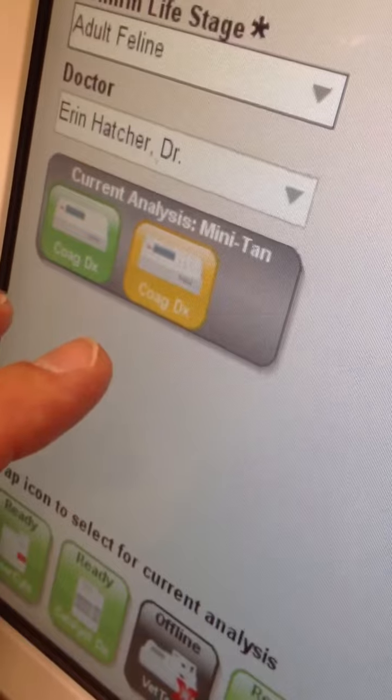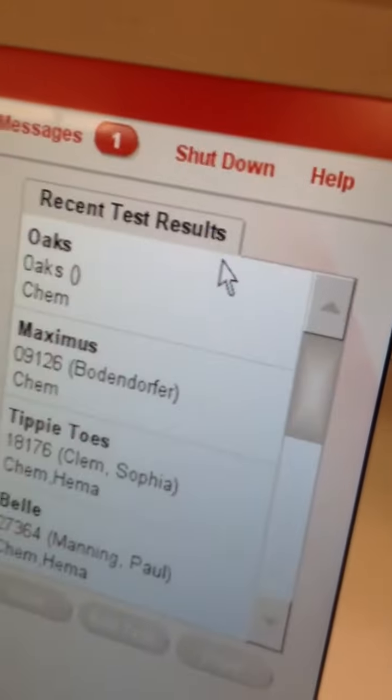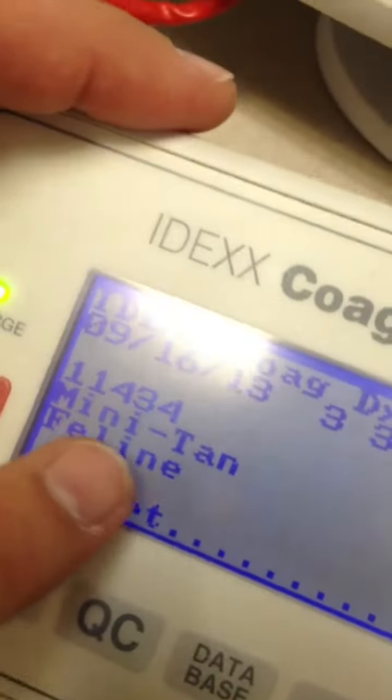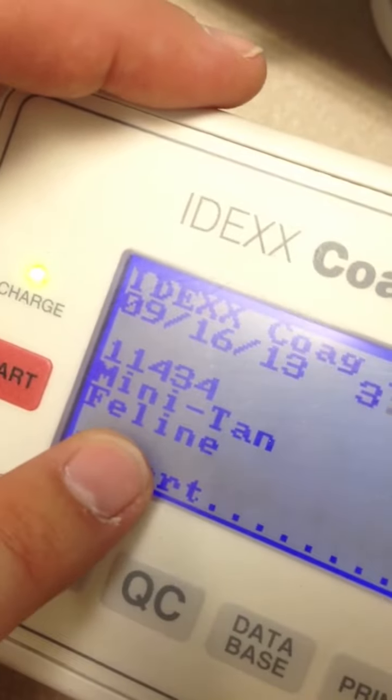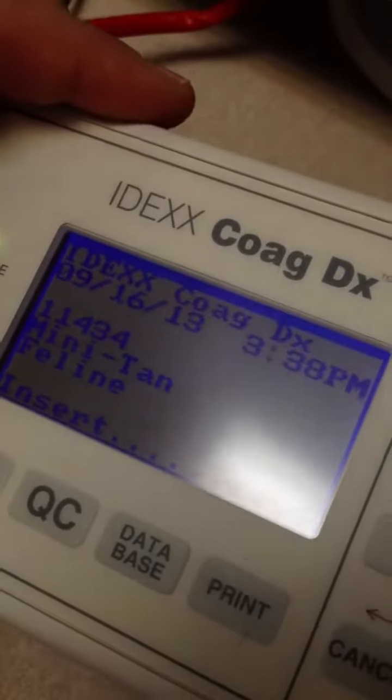So now that we have both those there, we'll go over to the top right-hand side of the screen and select Run. Now you can see at the bottom that we have two COAGs pending, one waiting to be run, one ready to be run. If you look on the COAG screen here, the patient ID, the patient name, and the species is there, and it's asking us to insert the cartridge. When you remove